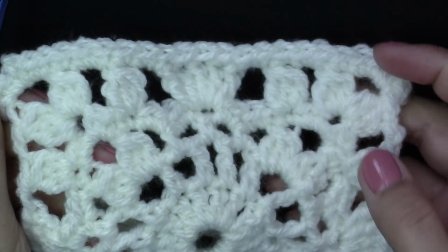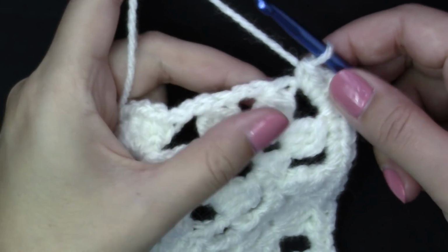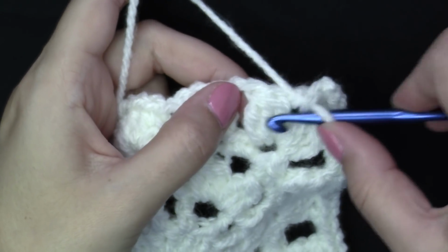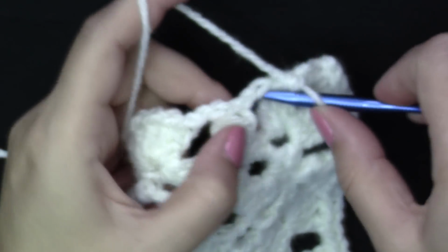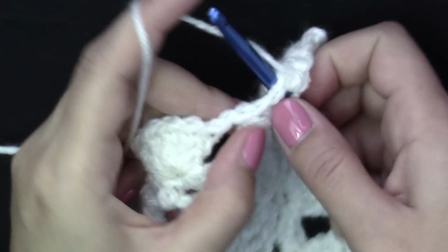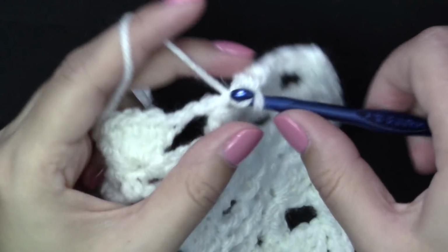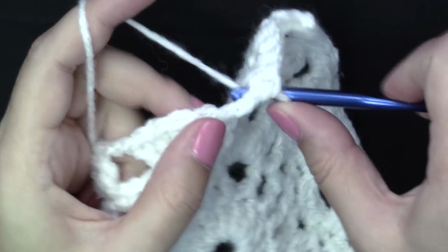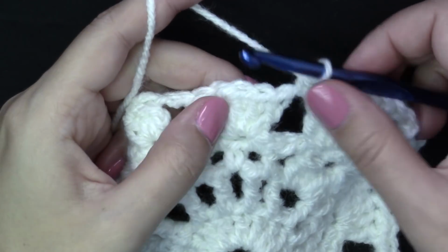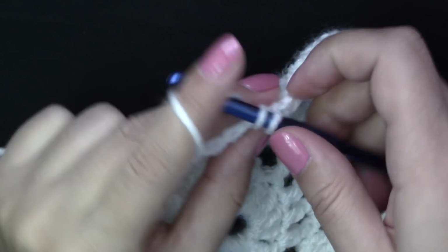So this is how it's straightened out. Let's do the second side. So make sure to put 1 into the double crochet 3 together, 2 into the chain 2 space, 1 into the double crochet 3 together, 2 into the chain 2 space, then you're gonna skip the next double crochet into the second,